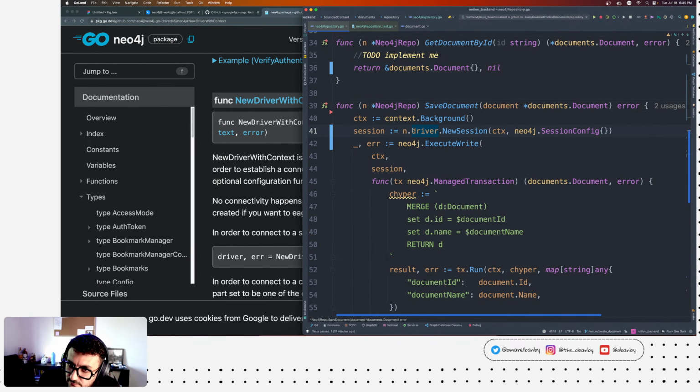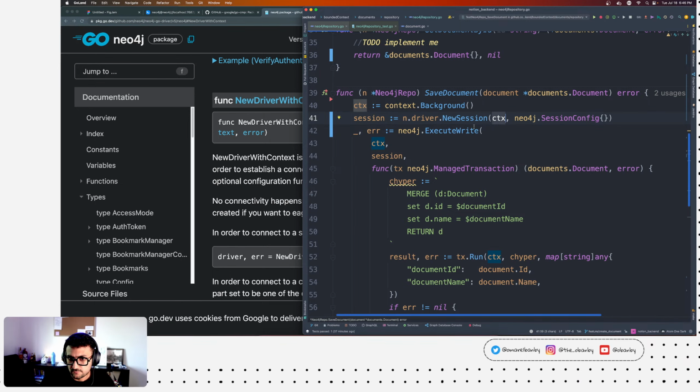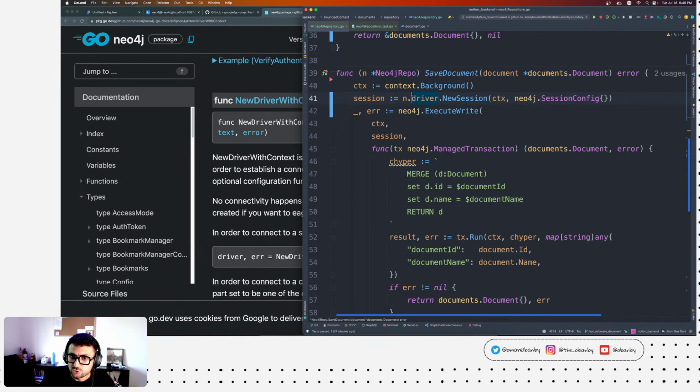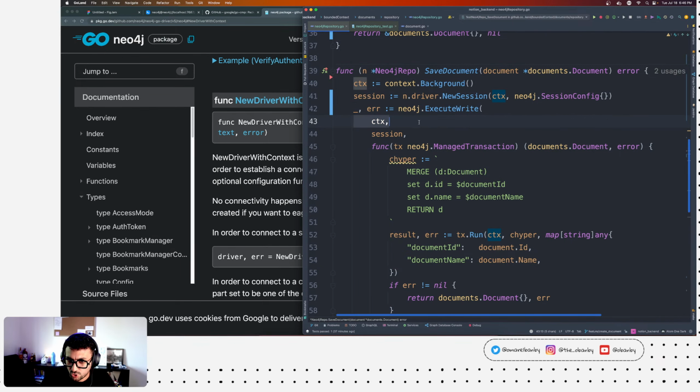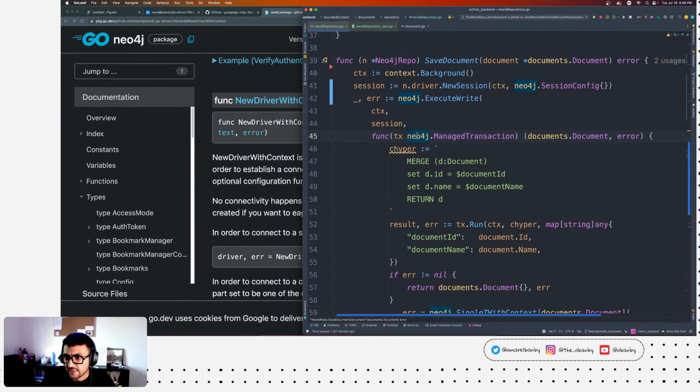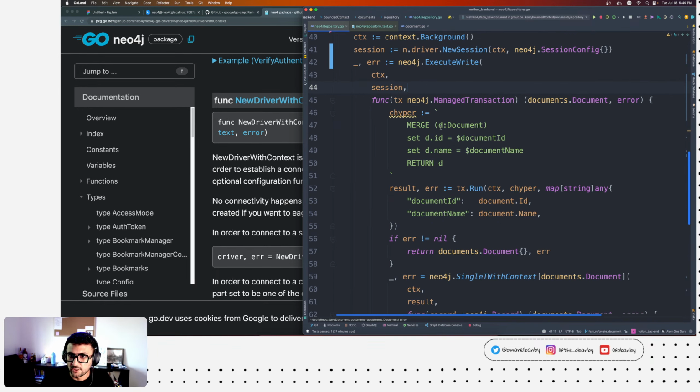Okay, so now we have the session with a context. Now what? Okay, so we have the session. We'll move over from the session for now and get back to it when we need to. We have the execute write, and it takes our context, our session, and the managed transaction.